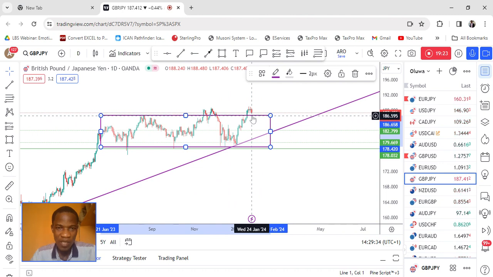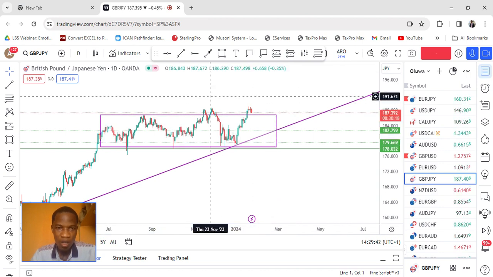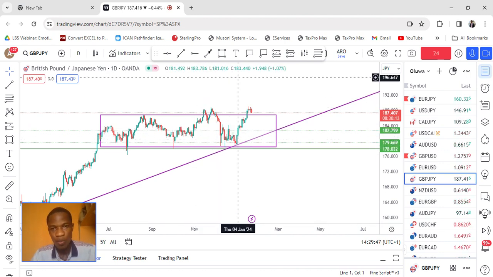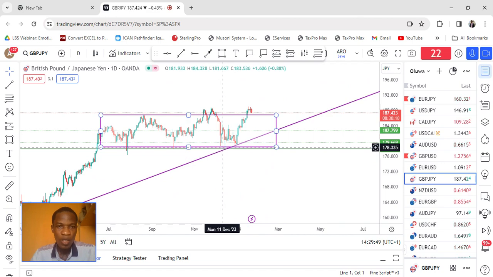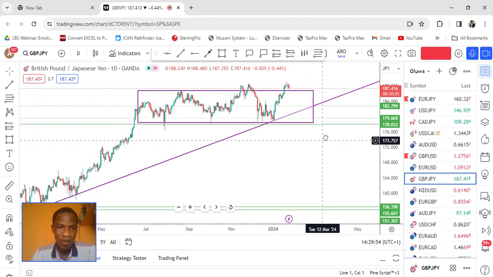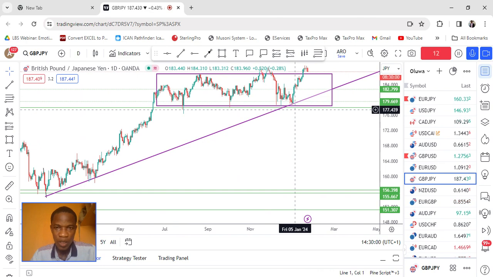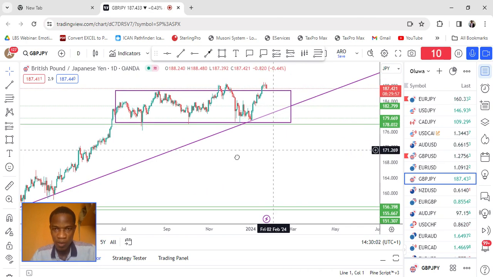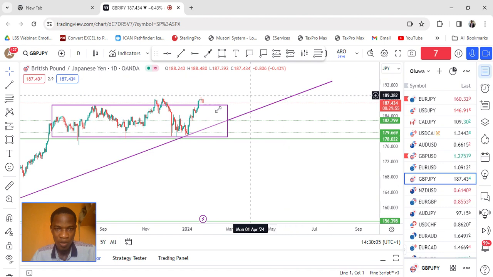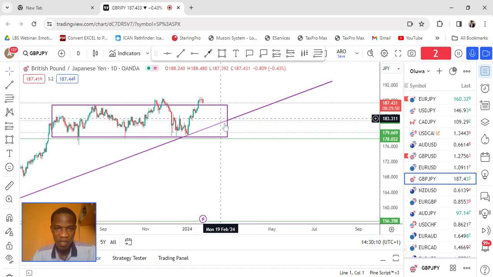So the market is expecting a breakout, a solid, strong breakout to break from here and go up or come down. So I still believe that this particular currency pair is still going to go up because we only have one, two, three. So it's going to still touch this particular trend line, then continue. The market is still going to come down, then go up. The market is still going to come down before it goes